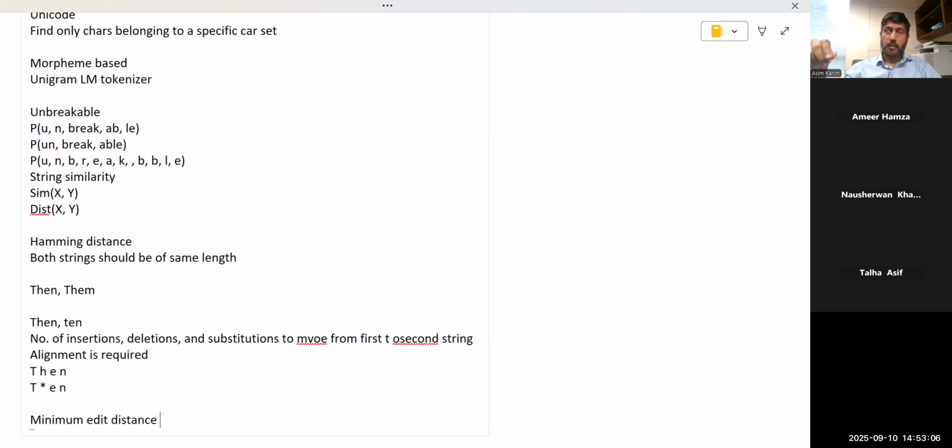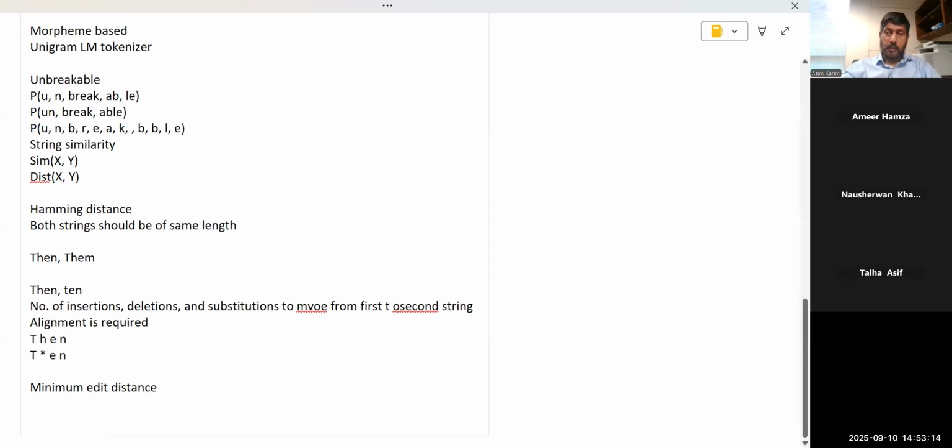That total would be our minimum edit distance. Now there is one more complexity here. I said it's the minimum number of edits to go from one string to the other. So let's say I do this: I had the first string THEN,